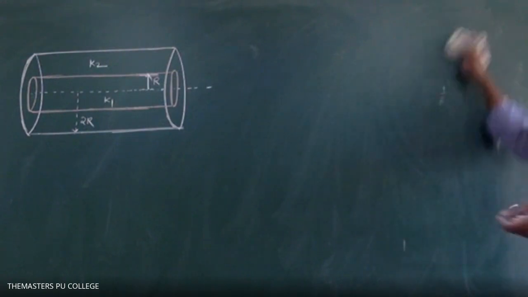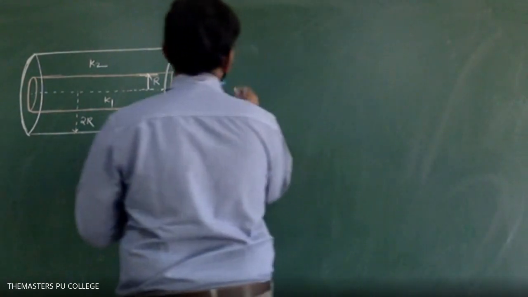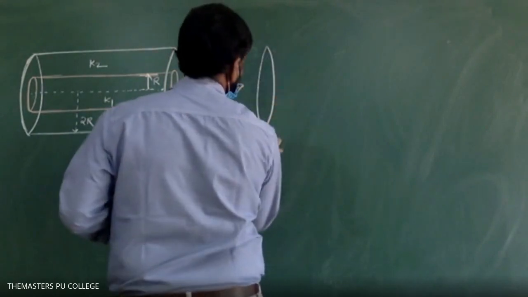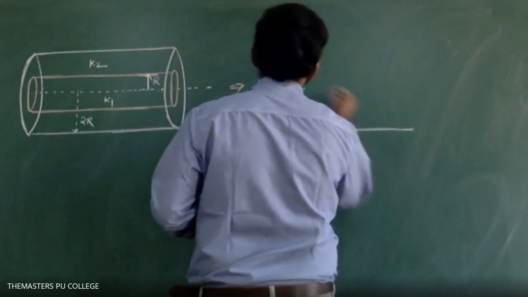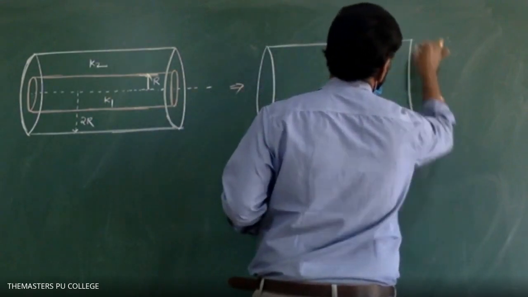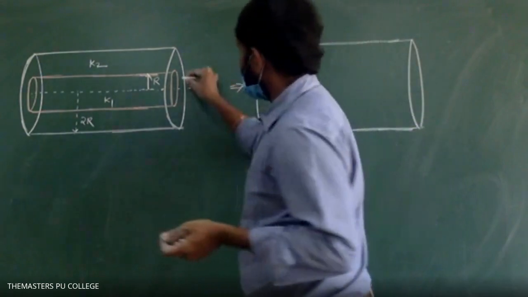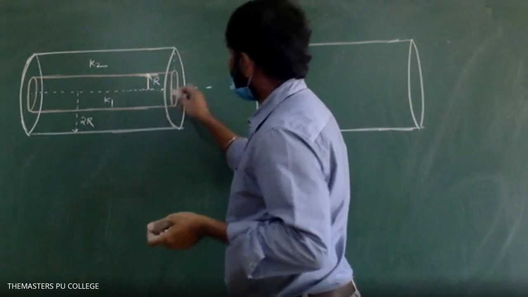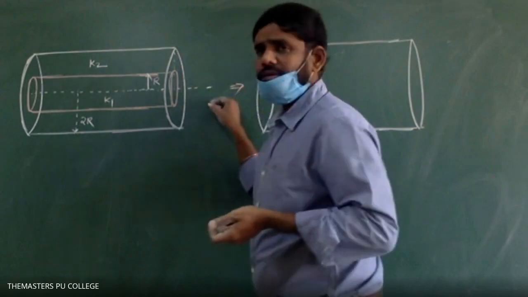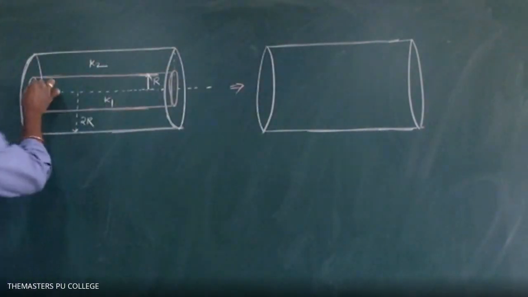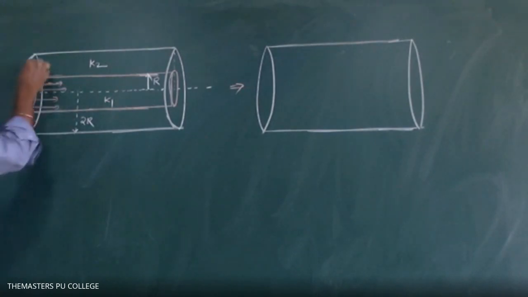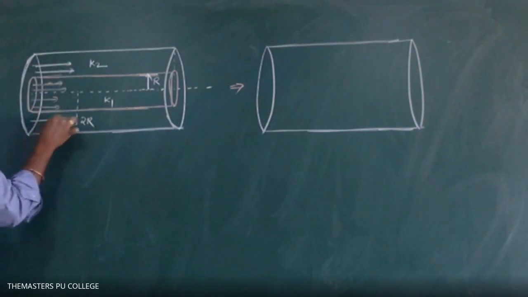Okay, so let us go with the same thing here also. Let us compare with the equivalent rod. What is an equivalent rod? What is the effective area through which the heat is transferring? Effective area. Up to this first surface some heat is transferring, no? Isn't it? Here onwards some heat is flowing like this, okay? And here onwards some heat is flowing like this.